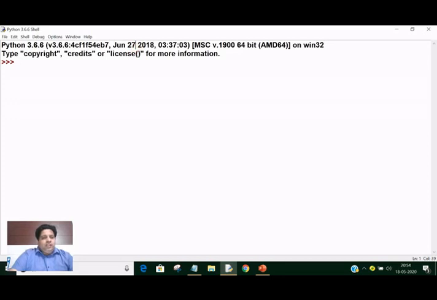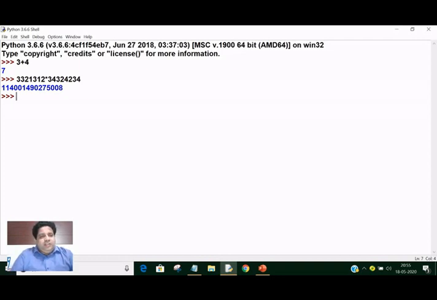Now you will see that three greater than signs are being displayed. This is known as the Python shell. It means you can give Python commands directly here. You can type the Python commands directly on the Python shell. For example, I want to find the sum of two numbers. Type directly 3 plus 4, you will get 7. You want to multiply two large numbers. So on the Python shell, you can write a single line command directly and run it.